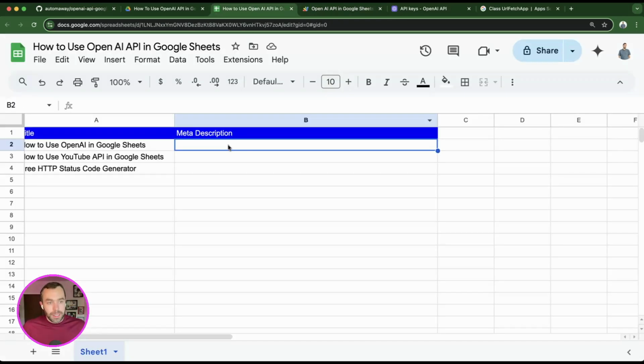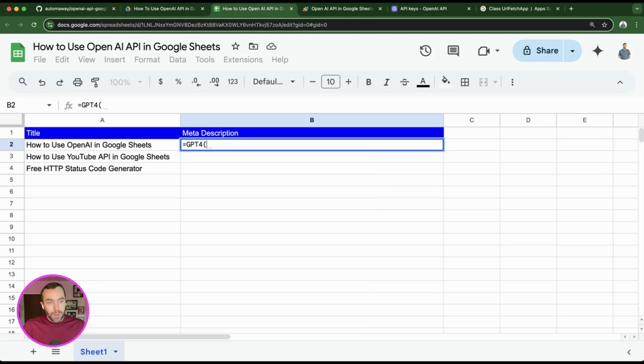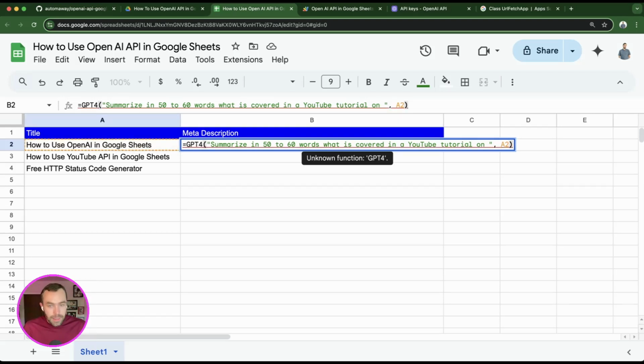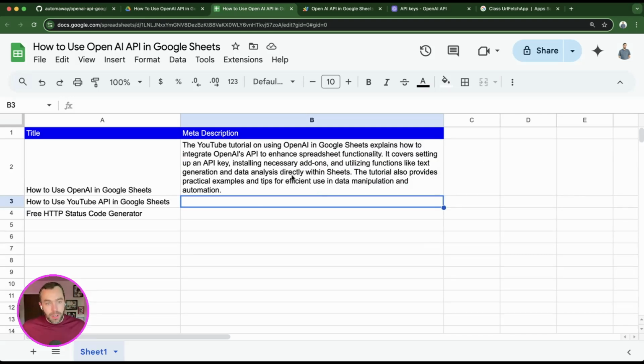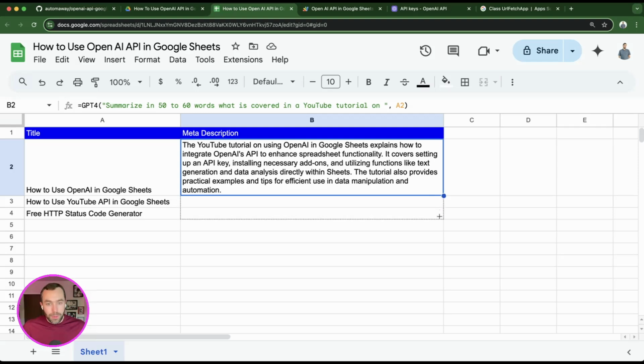I'm going to go back over here and I'm going to say GPT-4 summarize in 50 to 60 words, because that's the average length of a meta description. What is covered in a YouTube tutorial on, I'm going to use a space, and then I'm going to select cell A2, and there you have it. We just called the OpenAI API and it generated this text. So that is pretty cool, and you can drag the formula down